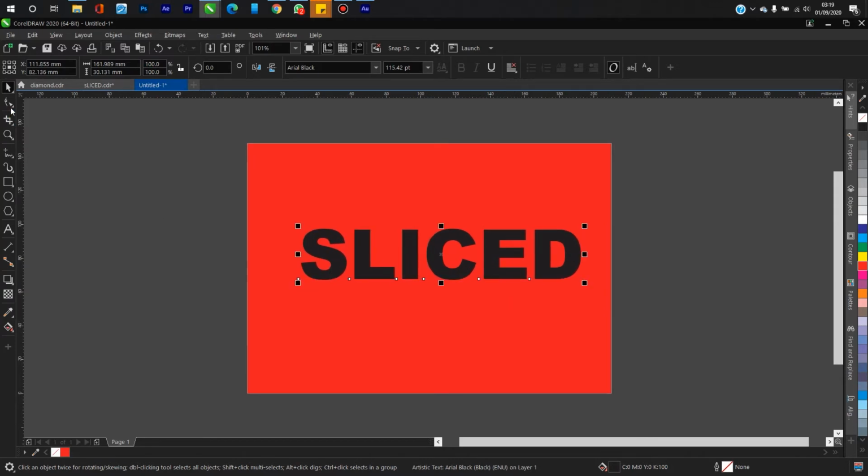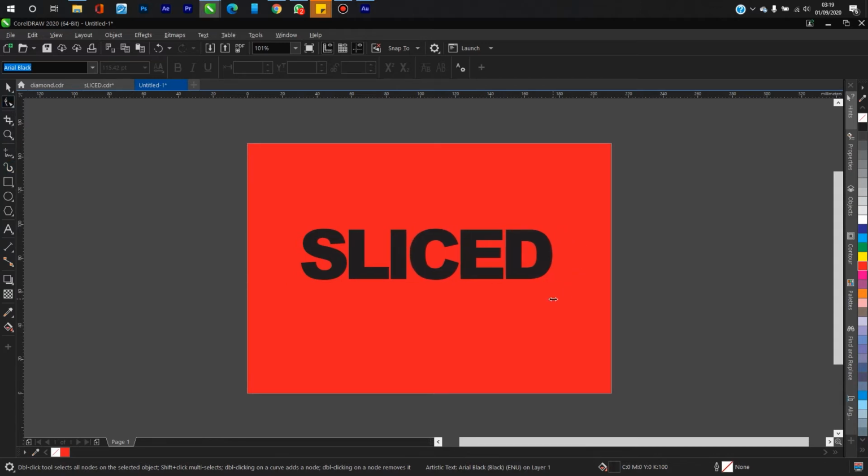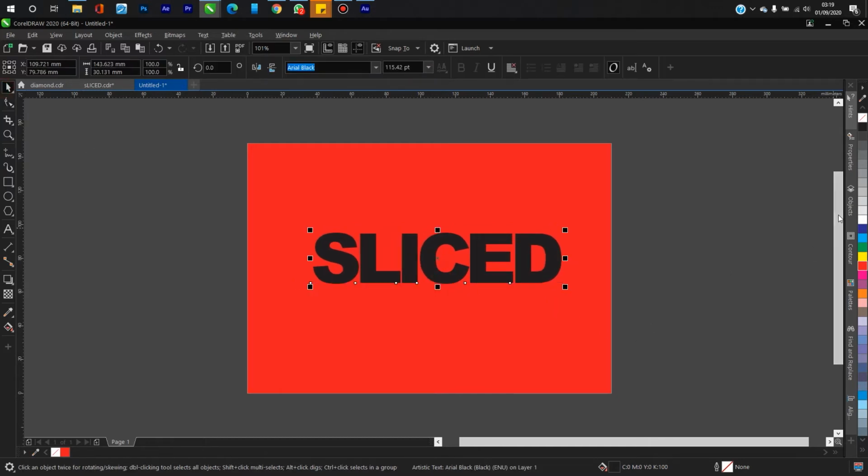I'm going to move it in a little, clicking on the shape tool and dragging in. That's good. Now, next thing I'm going to do here is to slice the text. And to do that, I'm going to use the knife tool. And the knife tool can be found under